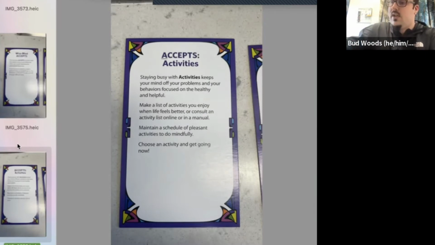The first one is activities. Staying busy with activities keeps your mind off of problems and your behaviors focused on the healthy and helpful. Make a list of activities you enjoy when your life feels better, or consult an activity list online or in a manual. Maintain a schedule of pleasant activities to do mindfully. Choose an activity and get going. Next one